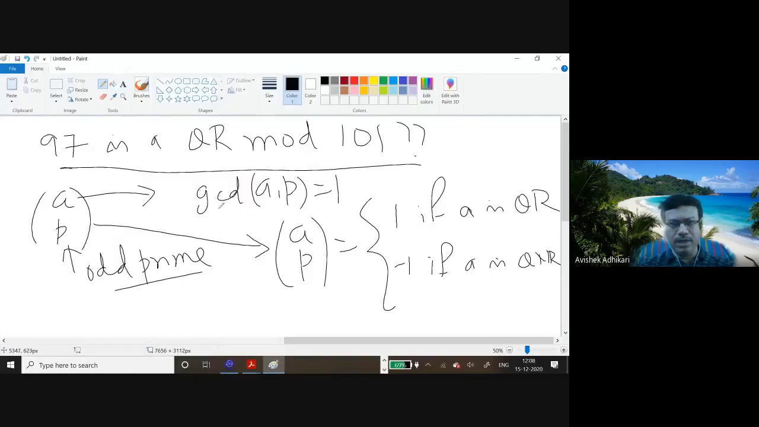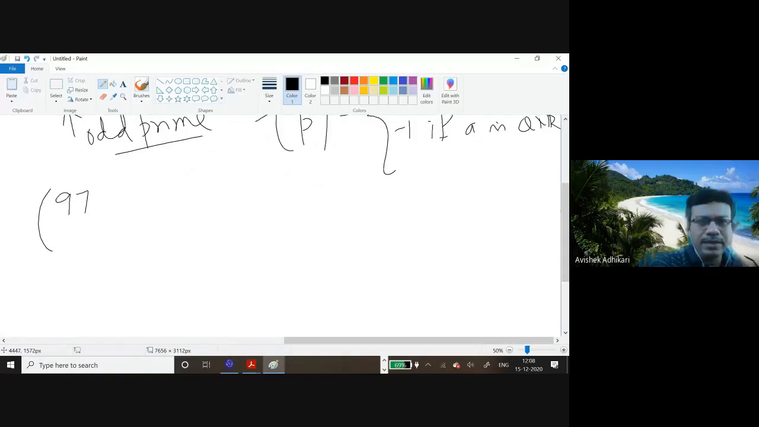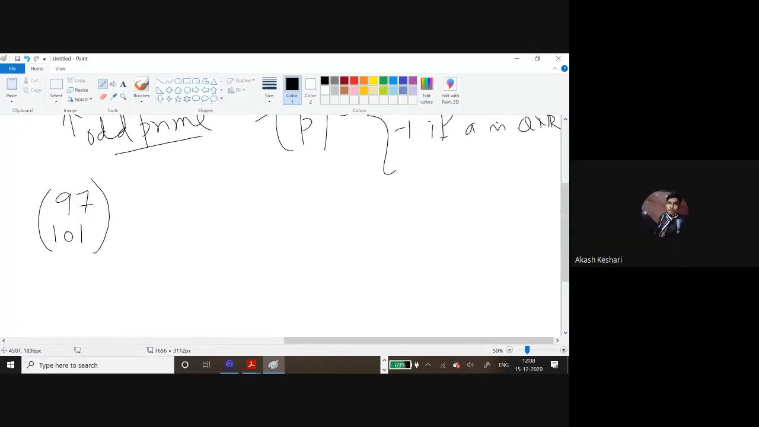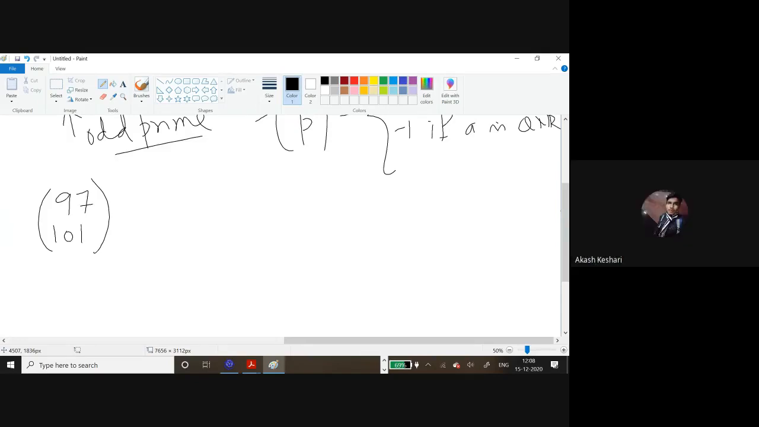For example, I am asking you the question: what is the value of the Legendre symbol (97/101)? Can somebody tell me what this value is? Student: Sir, it is 1. Sir, I calculated this. Okay, how do you calculate this? Sir, since 101 modulo 4 is 1, so we